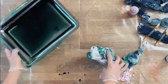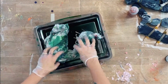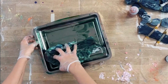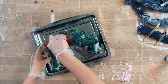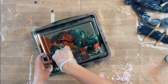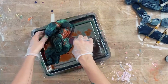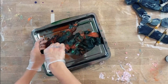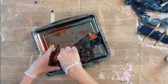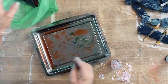This is the one that's just like the last mess. I'm using that to clean up everything with, and I will put it in the tray to make some kind of green there. And then I'm also adding the orange, because everybody knows that green and orange make a weird combo. And because these colors are also quite diluted, it ends up being quite different when it comes out of the wash, but kind of just very neutral,